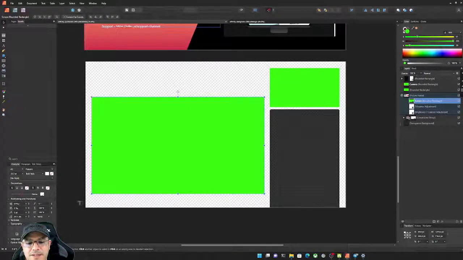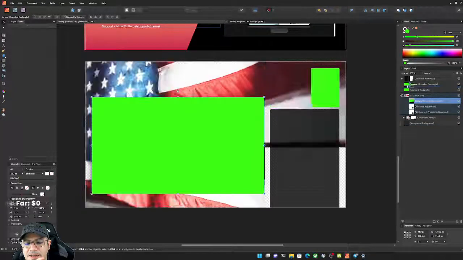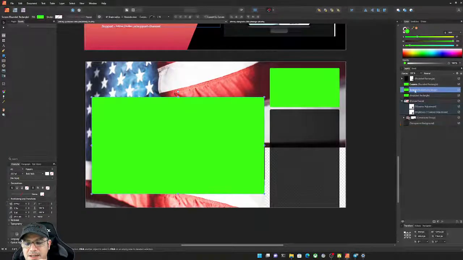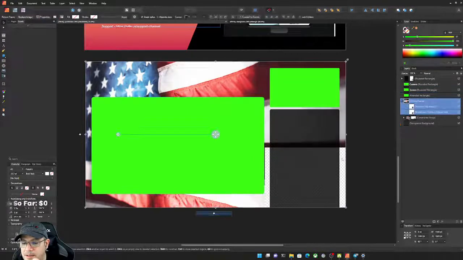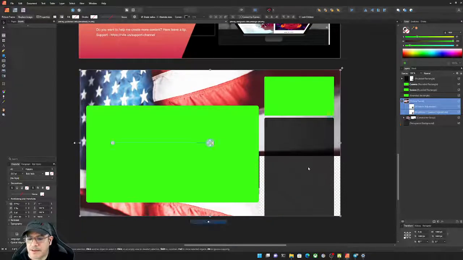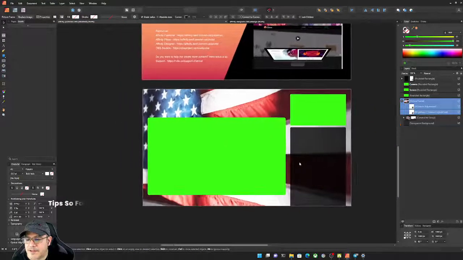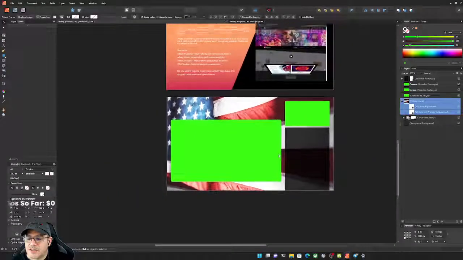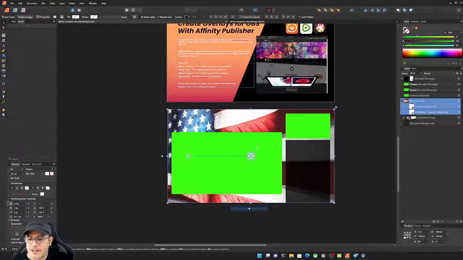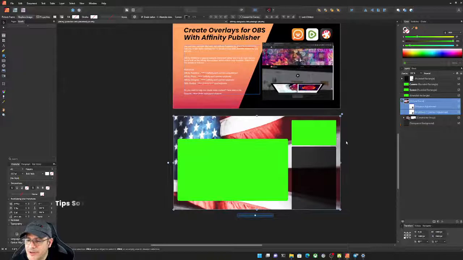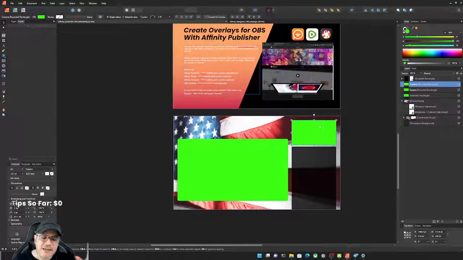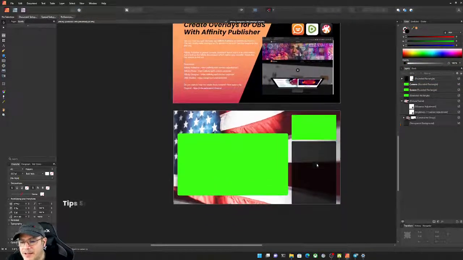I thought I saw an option to reverse masking, but no, there's no. So I thought that I saw that option here, but you can do the green screen. Either way is the same. So this using the basic